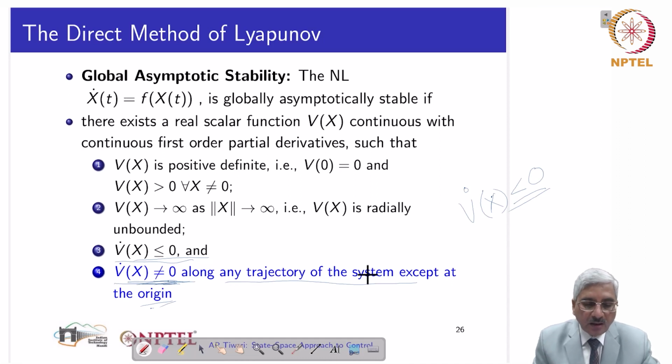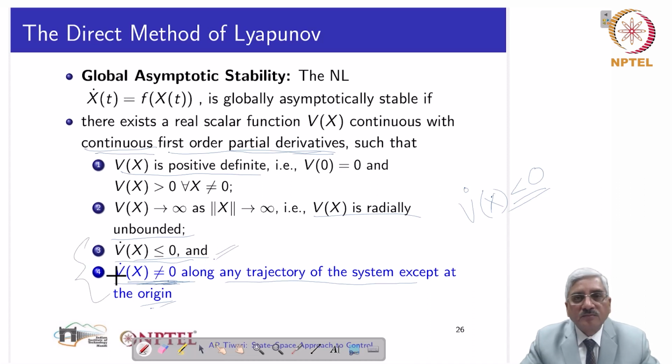So if these conditions are satisfied: first, V(x) should be continuous. Second, its first order partial derivatives should also be continuous. Third, it should be positive definite. Fourth, it should be radially unbounded. Fifth,